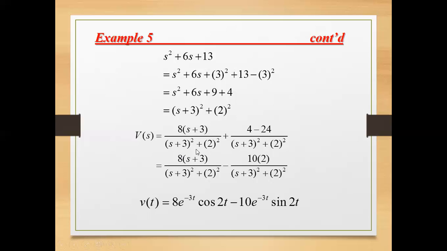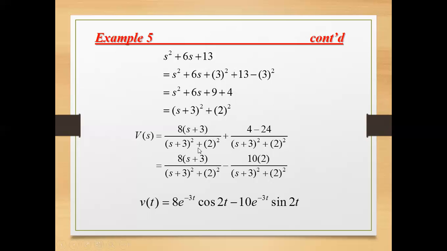So this is what happened here. You could see now that we have replaced the s squared plus 6s plus 13 by its equivalent, which is already done by completing the square. Now, the thing, class, is very important. If your s in the denominator was shifted, the manner of shifting in the denominator for your s should be reflected in your numerator. Meaning, if it's s plus 1 in the denominator, s plus 1 in the numerator. If it's s minus 2 in the denominator, s minus 2 in the numerator. That is the procedure.